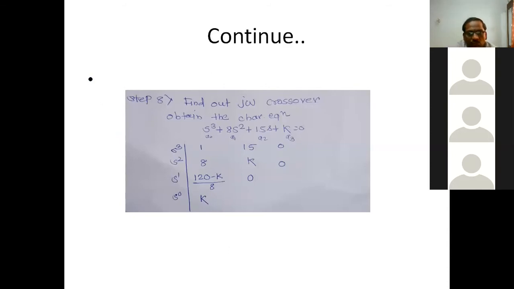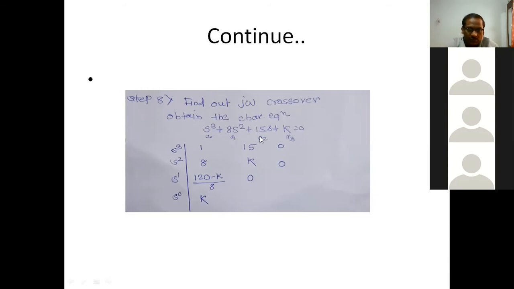This Routh array can be used to comment on system stability with respect to the location of closed loop poles in the s-plane. Now the significance of this Routh array here is that we want to check whether the system is marginally stable. Your system is marginally stable if you have poles on the imaginary axis. For a certain value of k, called the marginal value of k, we will have some poles on the imaginary axis.